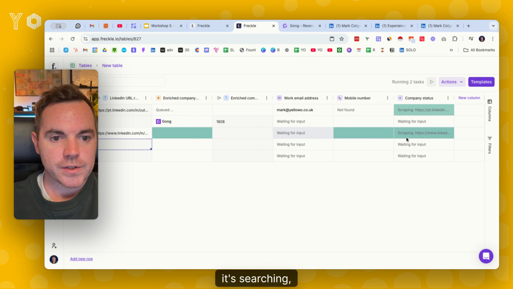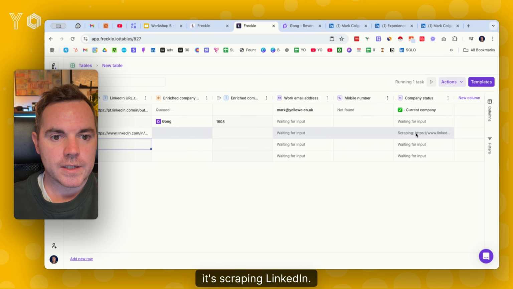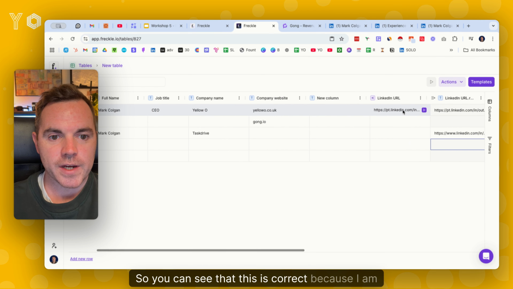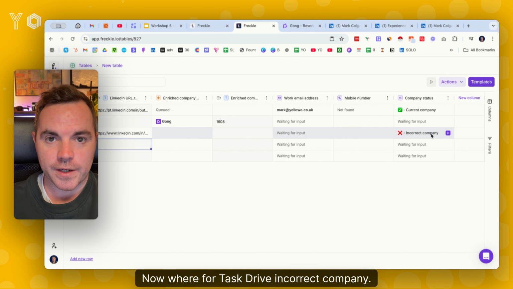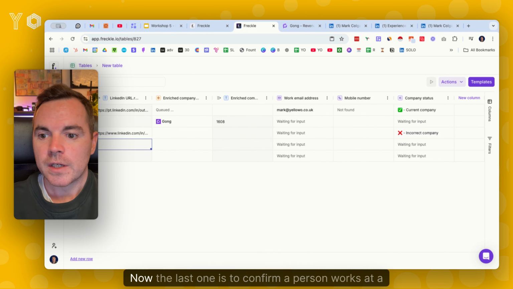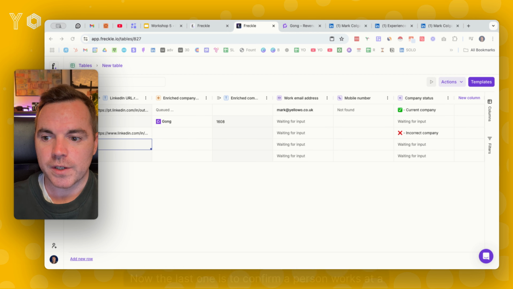So it's searching, it's scraping LinkedIn. So you can see that this is correct because I am at Yellowo. Now where for Task Drive, incorrect company. So it works. Now the last one is to confirm a person works at a company and they're in the